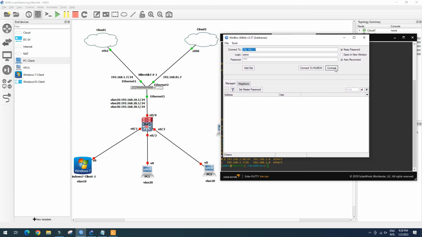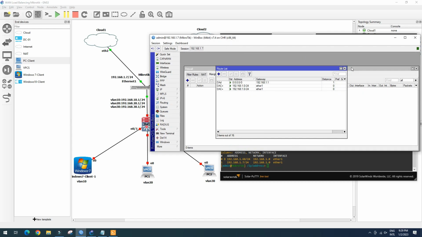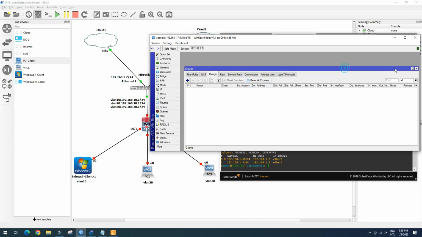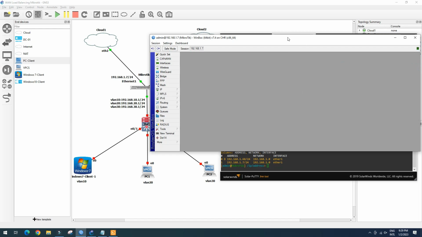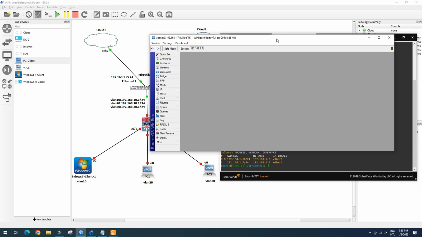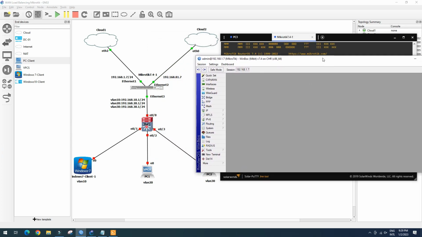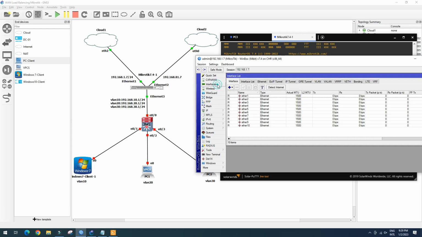Anyway, we use the IP address that we assign statically. We don't want to use the DHCP IP address. Okay, so here we can connect using Winbox,